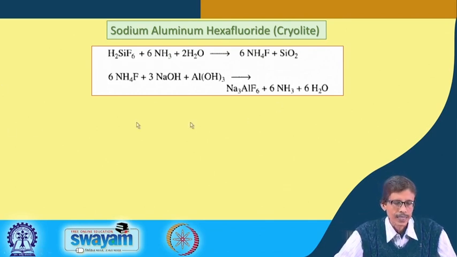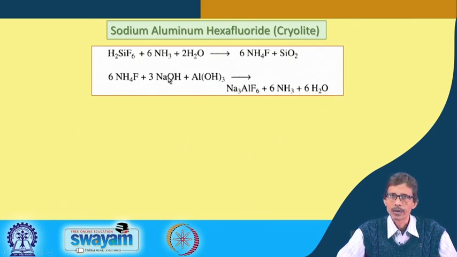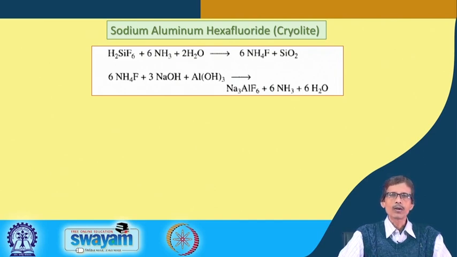So, that particular reaction, that means the ammonium fluoride here is reacting with aluminum hydroxide, and obviously in presence of some excess amount of sodium hydroxide, because that particular reaction between sodium hydroxide and aluminum hydroxide, we know, can also give you the sodium aluminate formation. So, sodium hydroxide and aluminum hydroxide give you the sodium aluminate, and that sodium aluminate typically reacts with ammonium fluoride giving you Na3AlF6, which is your cryolite. So, we get the cryolite, we get back the corresponding ammonia which was utilized earlier, and the water molecules.